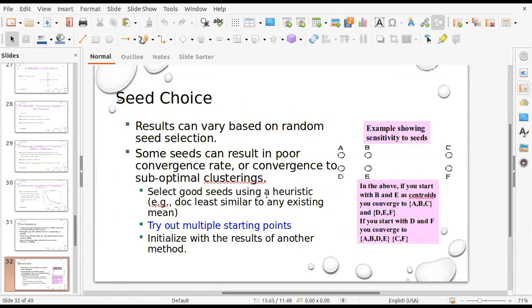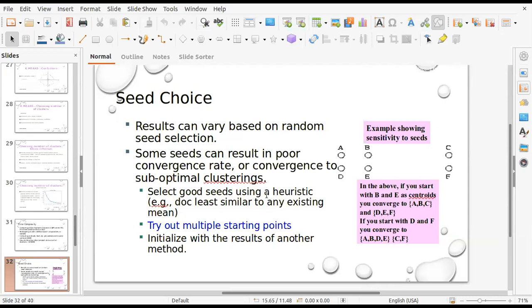Now, I think we haven't gone through the actual process, so let me tell you what the process of the entire algorithm is. If you have been given n points and you want to form k clusters, you can take any k points and treat them as cluster centers.